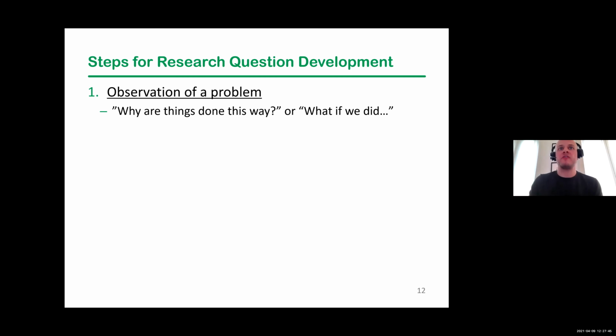Well, I want to digress for a minute and talk about the research process of going from a research question to a research hypothesis. So the genesis of a research question generally starts around a question or a phenomenon you may see in clinic, or maybe you see in the literature, some gap in the literature, but you may ask yourself, why are things done this way? Or what if we did X, Y, or Z? And how would that impact patient care or patient outcomes? That's generally the genesis of a research question, observing some problem or some gap in the literature.